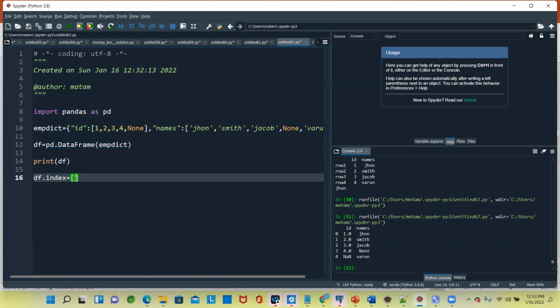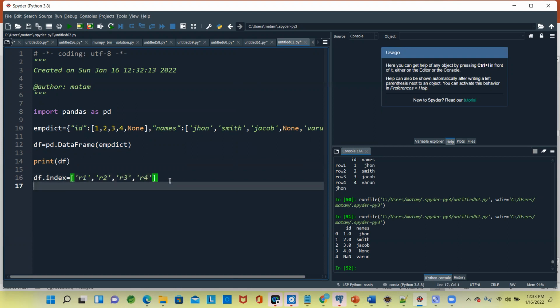So we'll say R1, R2, R3, R4. We have specified the index.